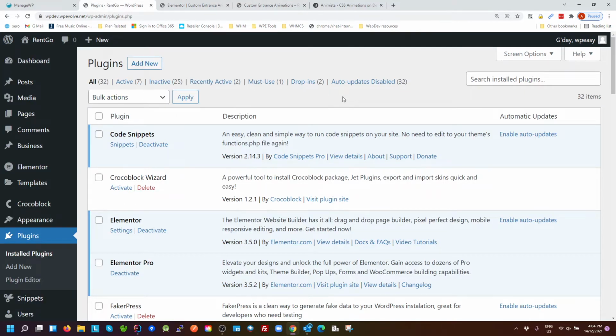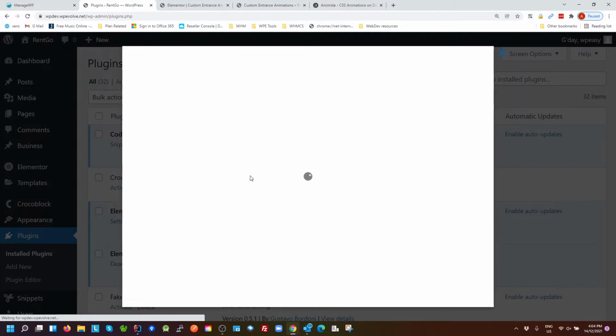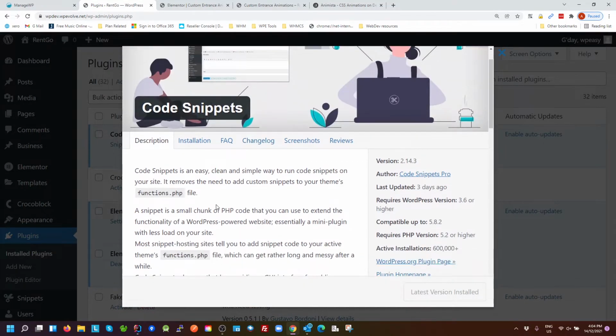So we're going to need Elementor Pro so we can apply the motion effects and have custom CSS in Elementor. And we're going to need Code Snippets, which is a free WordPress plugin. It allows you to put PHP code snippets into your WordPress installation without having to edit your functions.php file inside